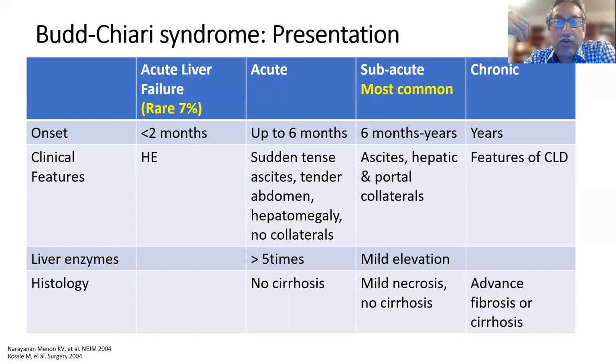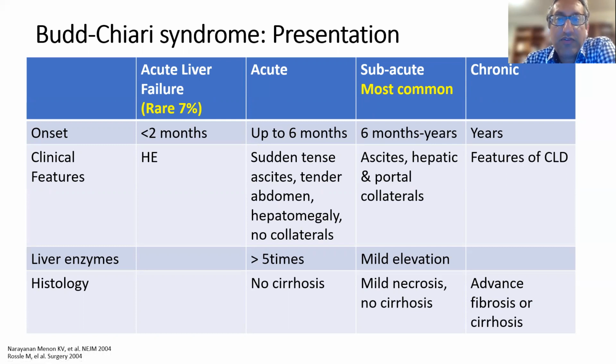Now, the acute form, if the obstruction presentation is up to 6 months, is the classic presentation of the board question: sudden tense ascites, tender abdomen, hepatomegaly, no collaterals, and liver enzymes greater than 5 times the upper limit of normal. And in these patients, if you need histology, although you don't need it for the diagnosis, there would be no cirrhosis. And the subacute form, which is the most common presentation,